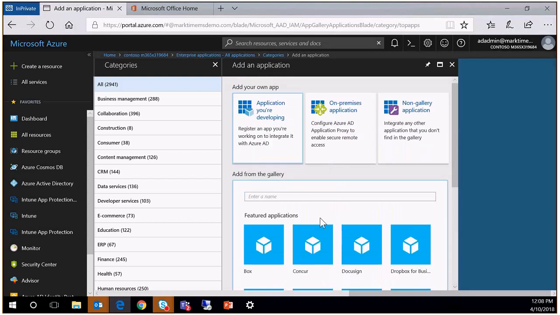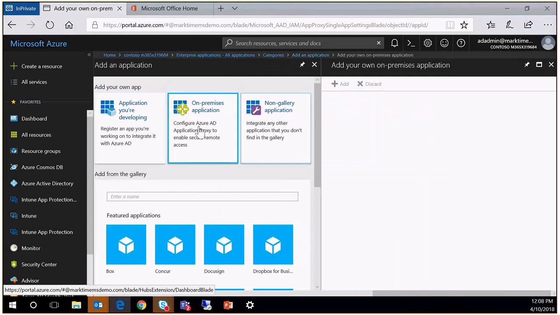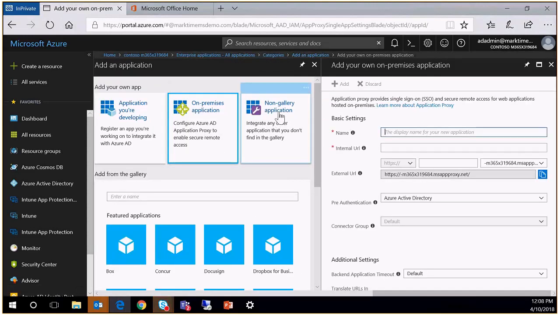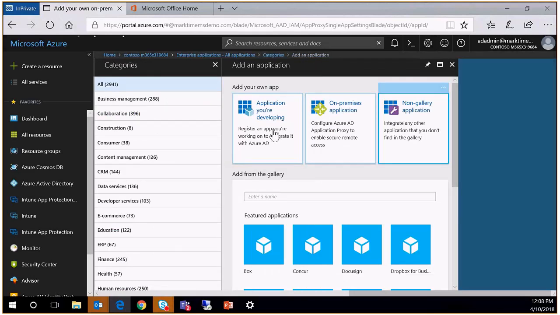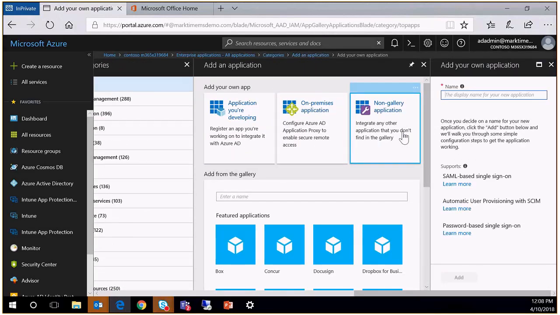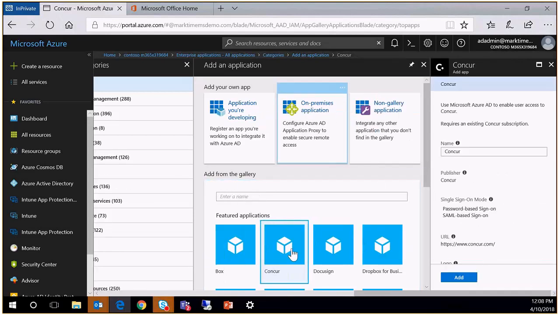If my application is not in the gallery, if I have an on-premise IIS-based application, we have a connector to set up an application proxy to be able to connect. And then also, if it's an application that supports modern authentication and is not in the gallery, through the non-gallery application, we can go through it and set that up. So if I'm coming through, for example, here, if I'm looking to add Concur,